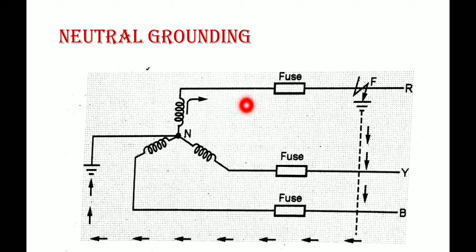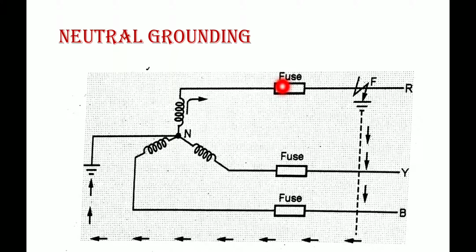But during that, what will happen? Due to this fault, the impedance of this current path will be very low. Impedance means opposition to the current, which will be very low. So in that case, what will happen? A fault means a huge amount of current will be there. The large current which flows through this path will blow off the fuse wherever the protective device is connected.